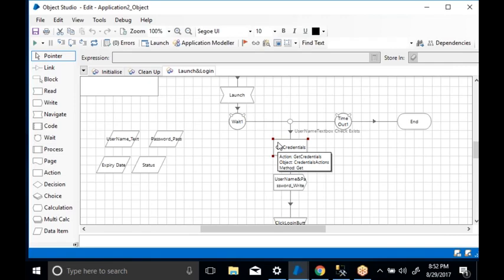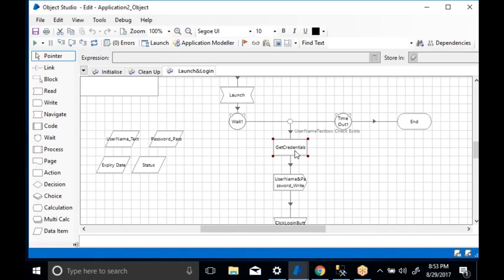Now what I want to do, as per best practices, is not call objects inside an object. I should always call the objects inside the process. In this scenario, I want to call the same credentials inside my process, and those credentials I have to pass to the object. Whenever you want to pass data from one object to another object, what do you have in between? You have the process in between.